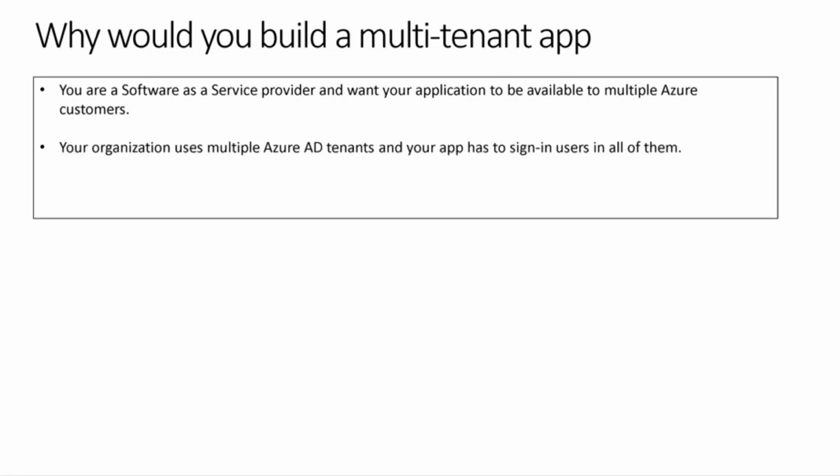Another use case that we have seen is that a number of organizations have not one Azure Active Directory tenant, but multiple tenants in which their employees or users are distributed.